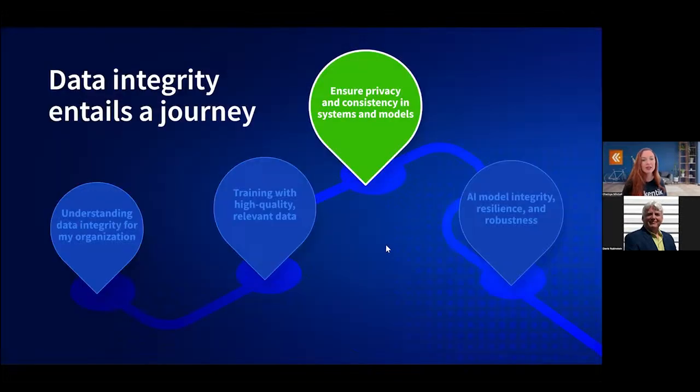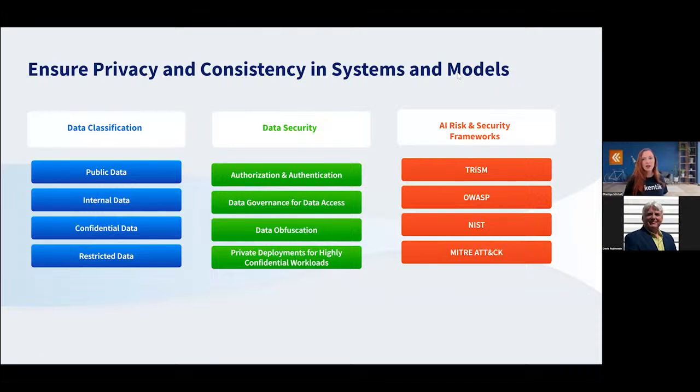All right. Next stop, ensuring privacy and consistency in your systems and models. Data classification. So you will probably want to implement some AI risk and security framework at some point. But the first step is data classification. There is some cost to protecting all of your data, and you don't really want to pay to protect data